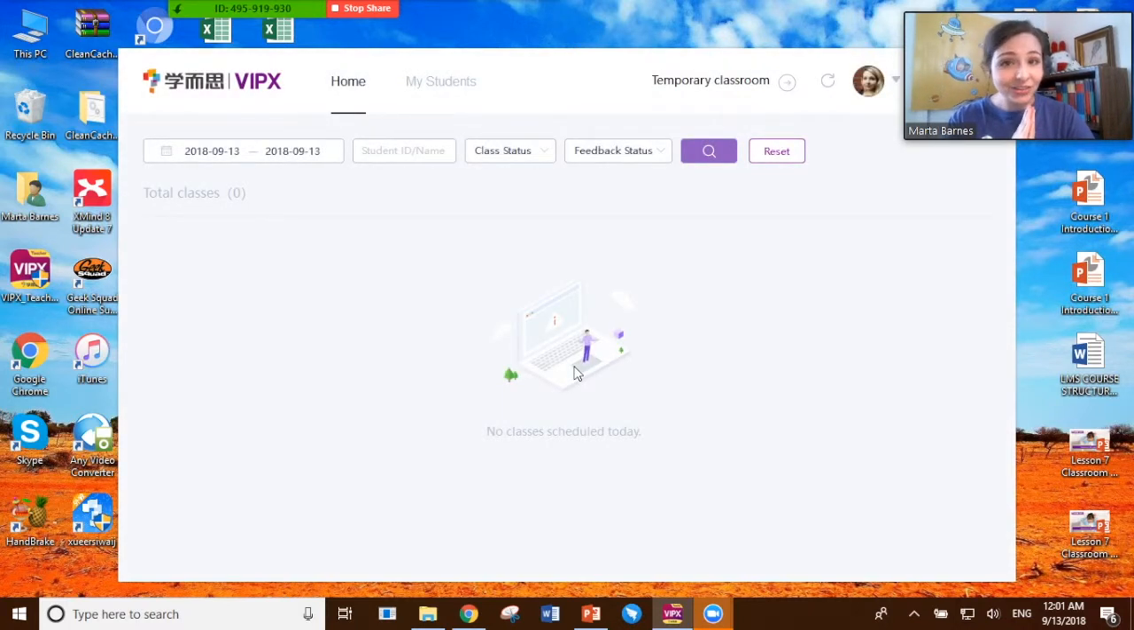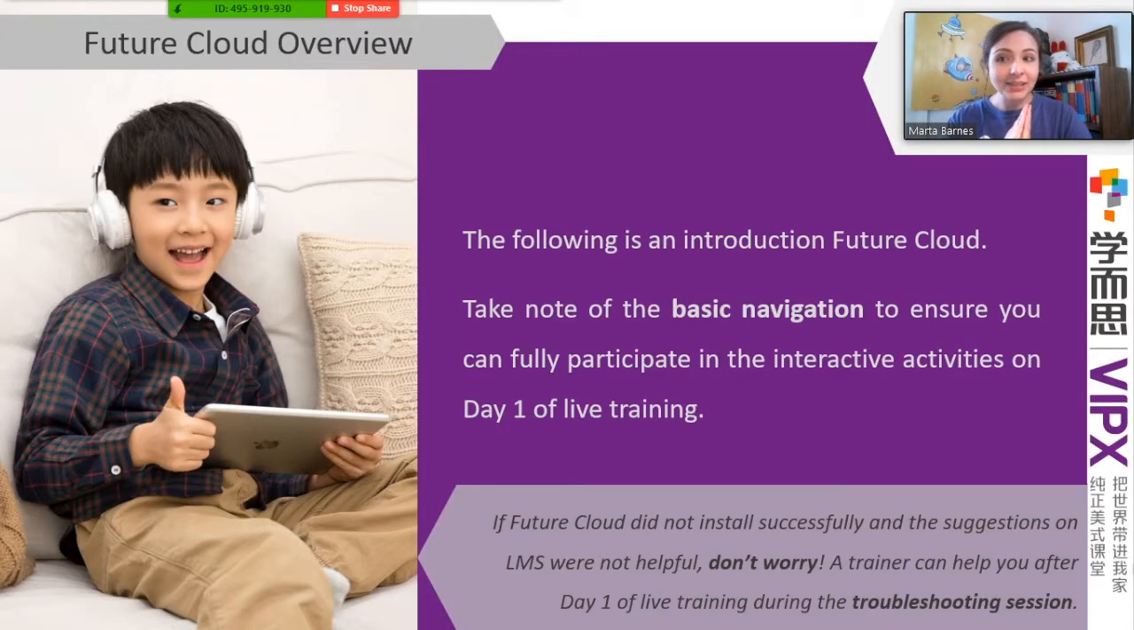All right, so let's just jump back into the PowerPoint presentation and we can take a look at the Future Cloud overview. The following section is going to be an introduction to Future Cloud. And over here, I just want you to take note of the basic navigation techniques that we use here, just to ensure that you can fully participate in the interactive activities that are going to happen on day 1 of